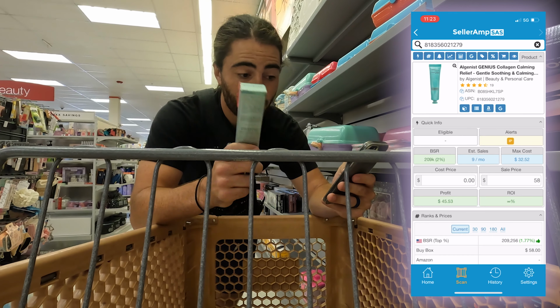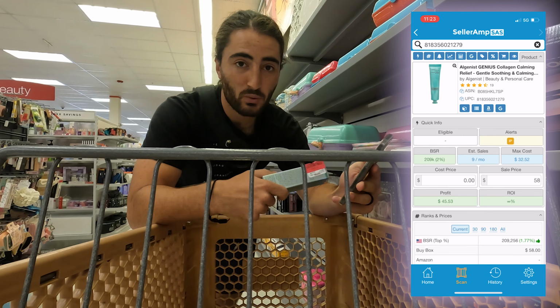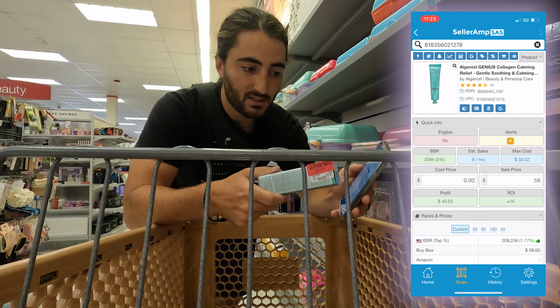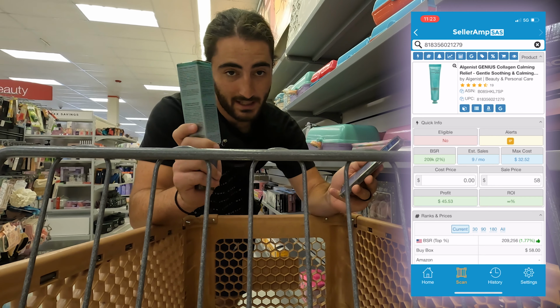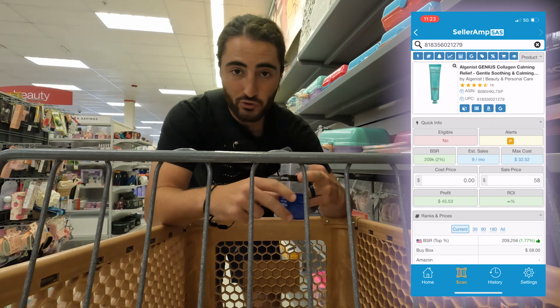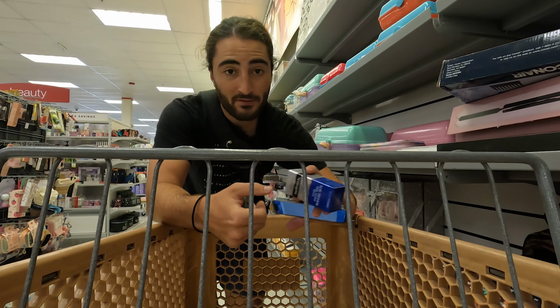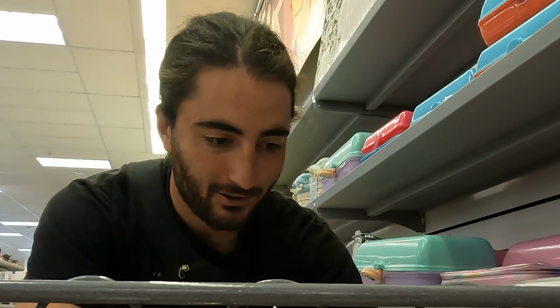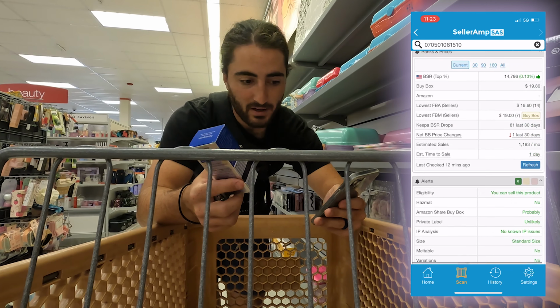But alerts, first off for this one, which is really nice, right at the very top, you see what the alert is. This is IP. Some of them say V for variation. Some of them, you're just restricted. Eligibility on the left says no, so I can't even sell this, but there is that IP alert right there, which is very nice because that's one of the most stressful parts completely of selling on Amazon. If there was no IP stuff that I had to worry about, I would almost have no struggles with Amazon at all. This is just a good example of a product that you shouldn't be buying,